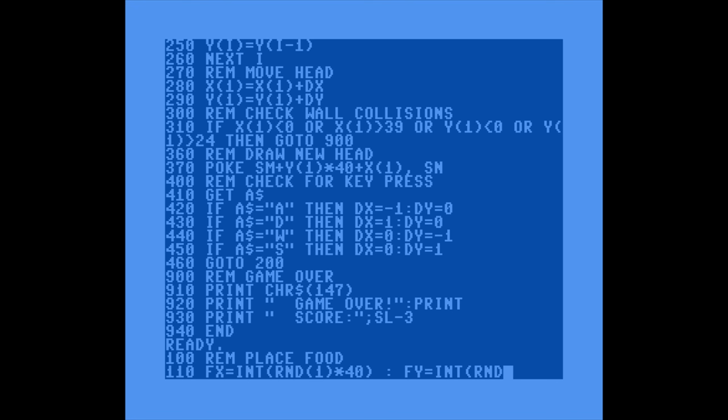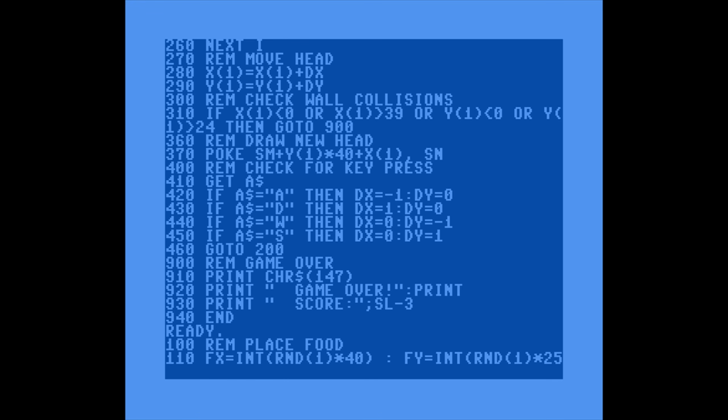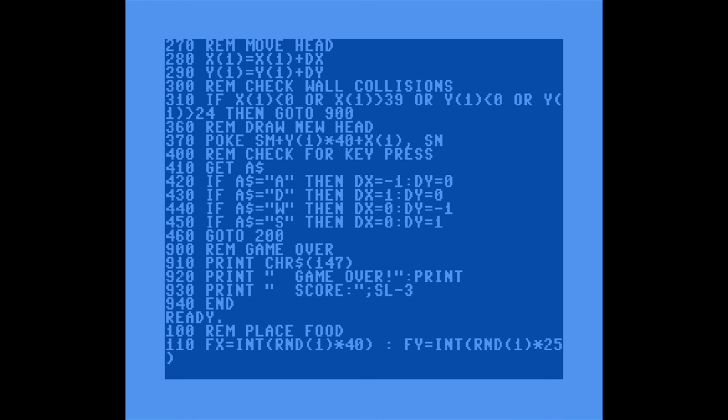We'll do random between 0 and 1. We need to then take that, multiply it by 25, and then end it. And then make sure you hit enter. Now that we have a random X and a random Y, we can go ahead and poke that onto the